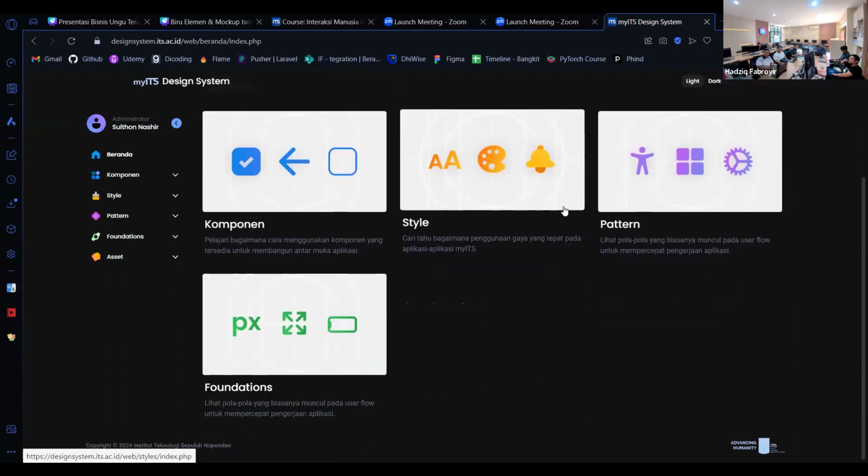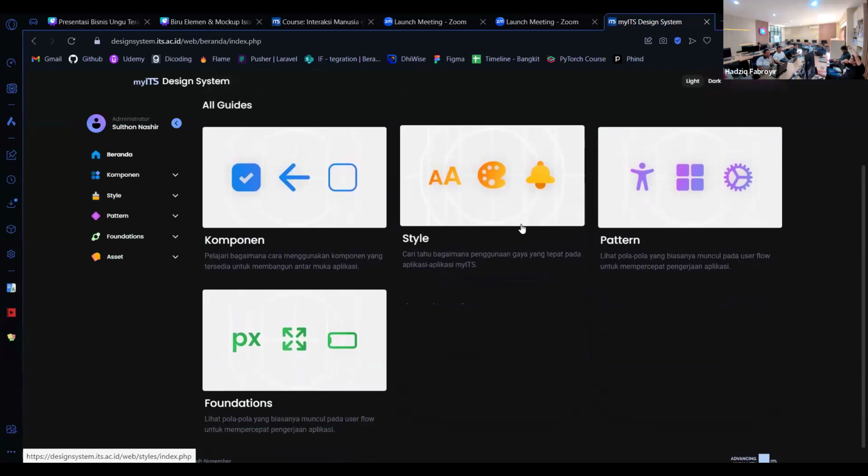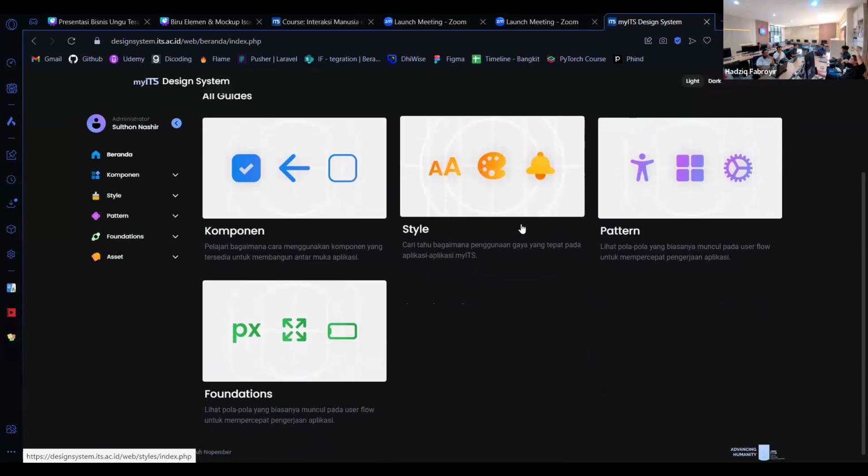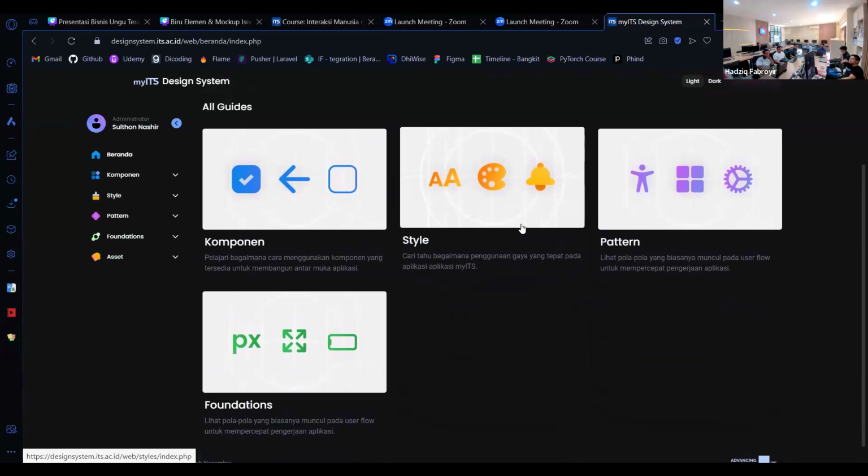Because I lead the my ITS team in the research center building, to make it easier for the developers, especially the front-end developers, to follow the styles. You said styles, right? In the article, they underline styles quite well, to make sure that all the products will be alike, similar across the my ITS ecosystem. So the developers have to abide by this design system.